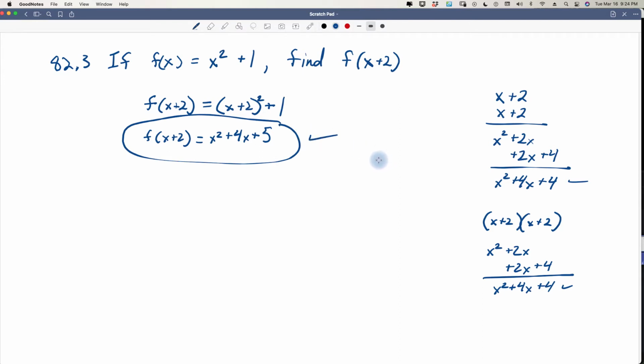Okay. Awesome. Those are pretty easy. Let's see if we have some hard ones. That's it. That's the last for functional notation. So let's clear this page. And let's talk about